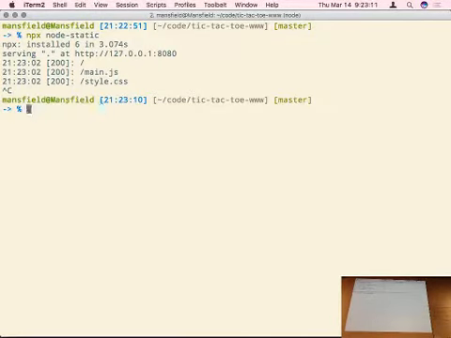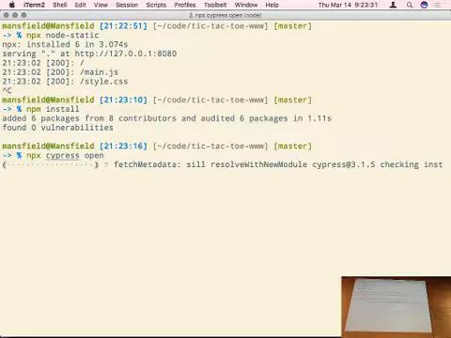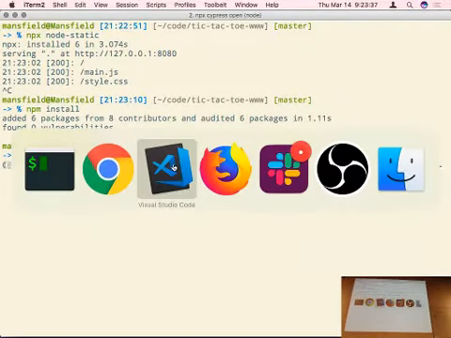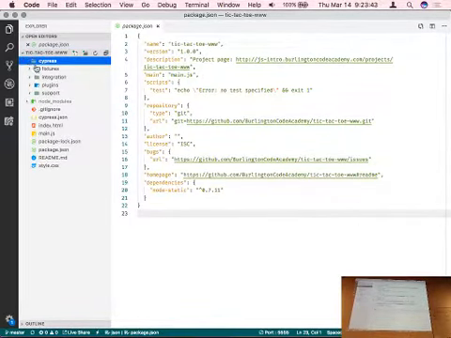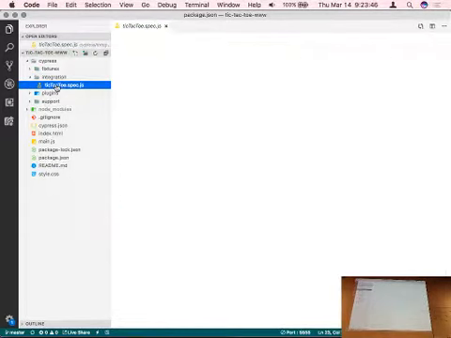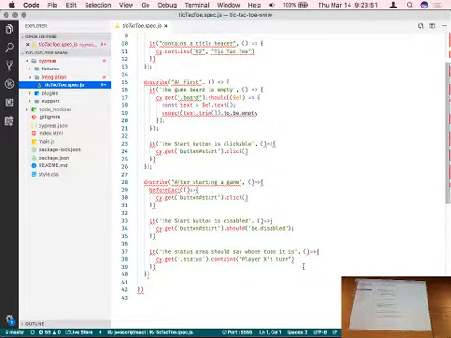If I install my dependencies with npm install, then I should be able to do, again here, Cypress open. And I think I have to do npx cypress open inside of here. And this will open up Cypress for me, and it'll actually run Cypress against the integration tests that are inside of my project. The integration tests, by the way, are inside of Cypress and inside of integration, and then we have tic-tac-toe specs here. You could read those specs if you wished, but what it's going to do,